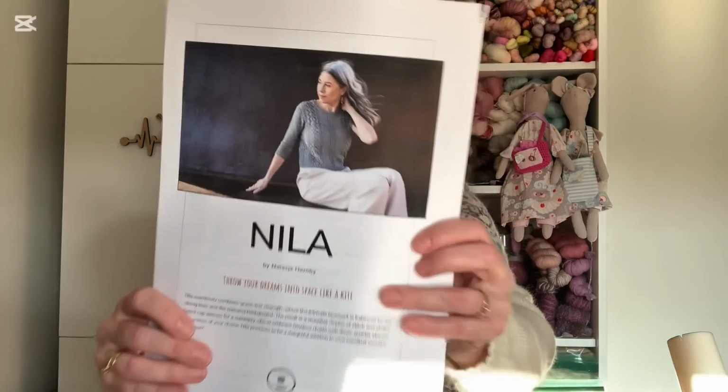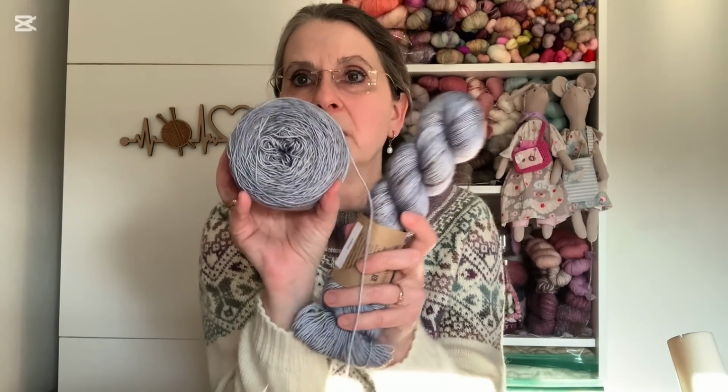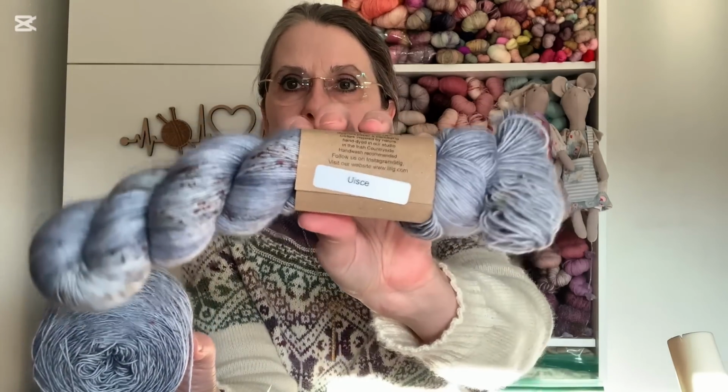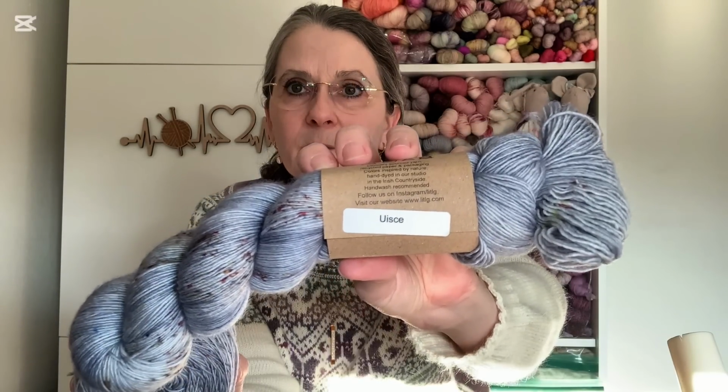I have a little picture. This one. You saw it. You just saw it in Knit Sister Studio. The beautiful green tea. And I am going to make mine in this fine blue color. The color is Uis or something like that. I'm not sure that I'm pronouncing it right, but you can see it